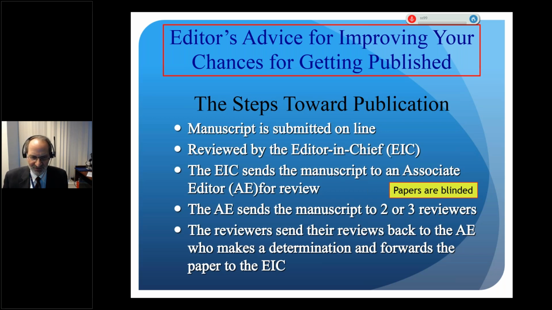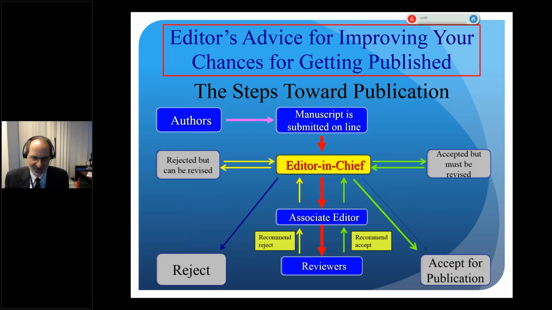But the rest of them then get sent from me to the associate editor. And the associate editor takes the paper and reviews it and then sends it out to reviewers. And it may be anywhere from 2 to 3 reviewers, and sometimes even more than that. And then the paper will go back and forth almost like a ping pong ball until a decision is made on the paper. And I want to show you the process. Now, I know this looks very confusing, but the papers start with me. If they're reasonable, I send them to the associate editor. If it's reasonable, the associate editor sends it to the reviewers. And then it may depend. It may right off the bat get rejected. It may get accepted.